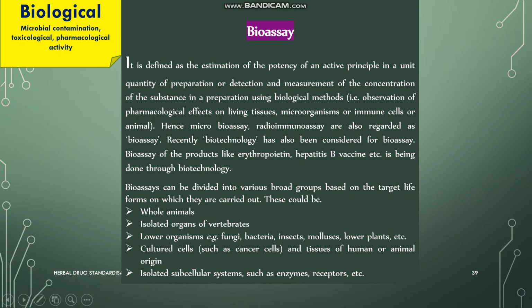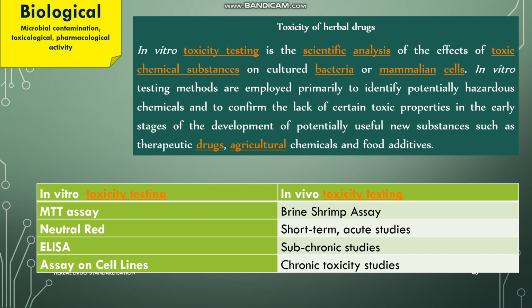So next, after the physical chemical evaluation, now we are moving towards the biological. Bio means in the tissue, in the sample, in the animal. So generally biopsies are performed on animal or animal tissue, whole animal, isolated organs, and we generally test our herbal drug using these tissues. Toxicity studies are also a part of biological evaluation, in which we generally use in vitro and in vivo toxicity studies by using different methods. Like for example, in vitro by using MTT assay, neutral red dye, ELISA, and cell lines. Whereas in in vivo study we are using brine shrimp assay, subchronic and acute studies are also there.